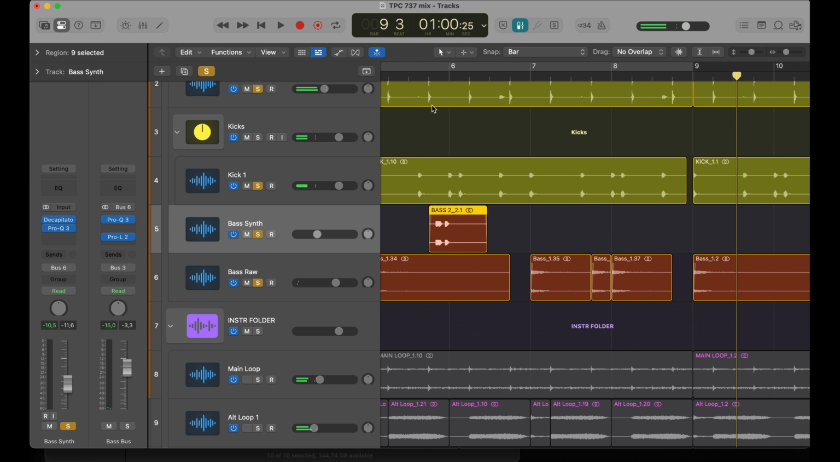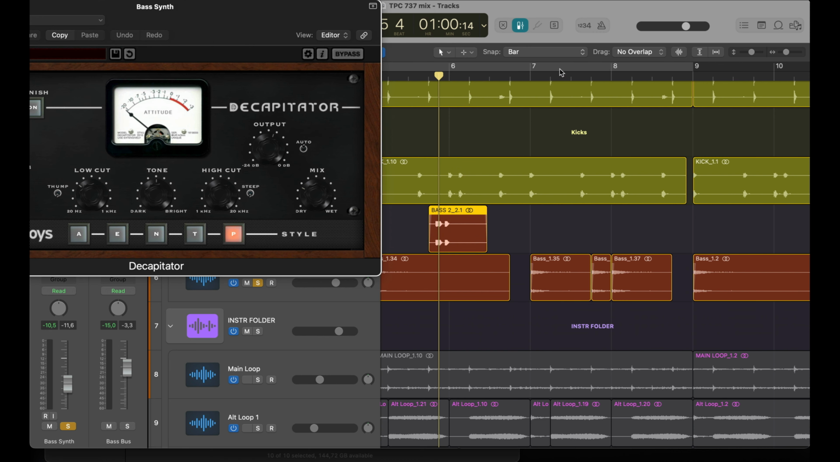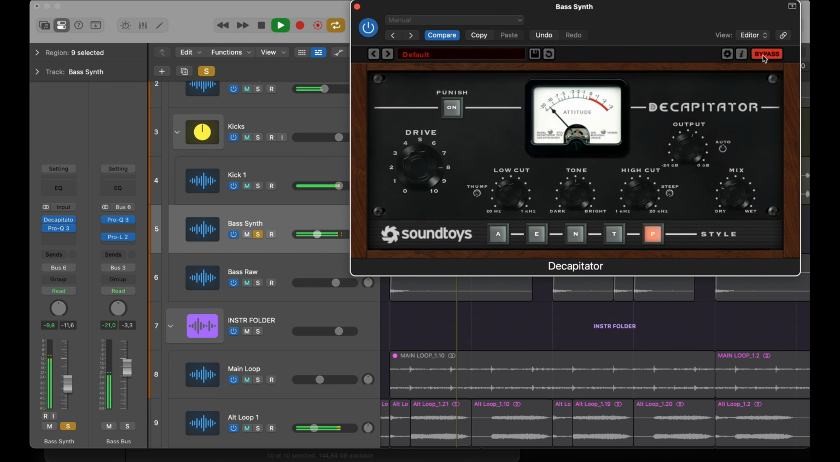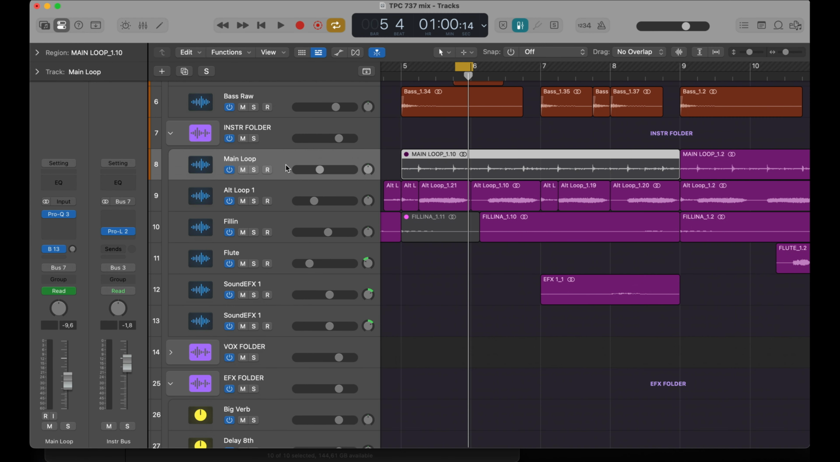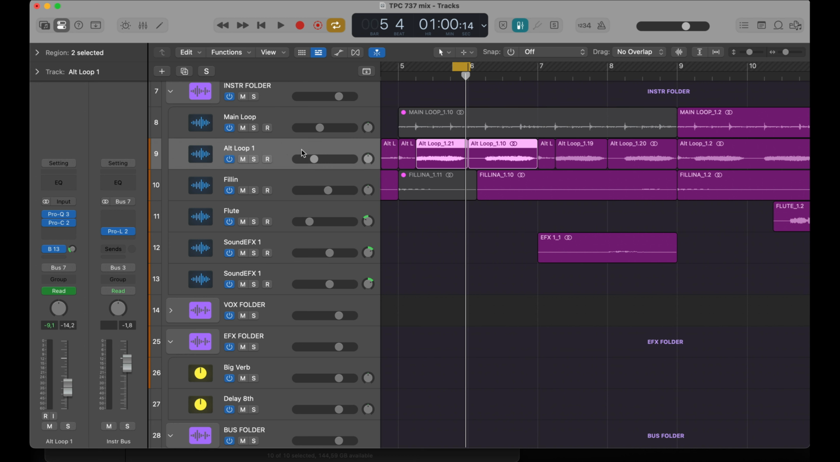For this fill-in bass, I've applied a Decapitator just to pull it a bit more forward in the mix. Let's see. I have the drive at 8, so it's a lot of drive, and the mix is more dry than wet. And then we have the main loop, which I have just done some gentle high passing on, and